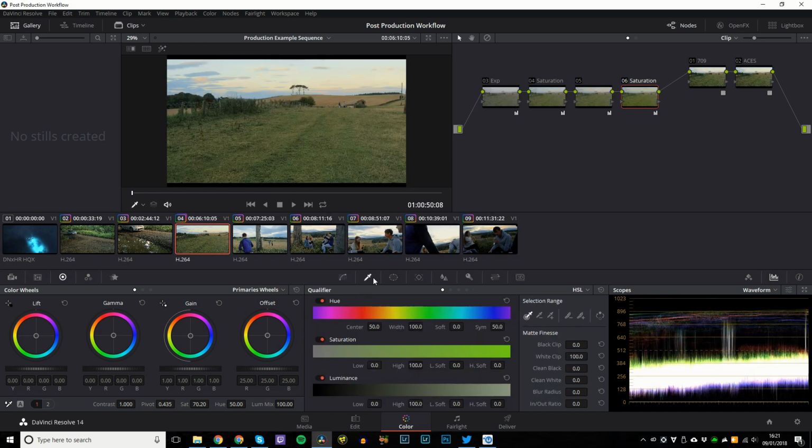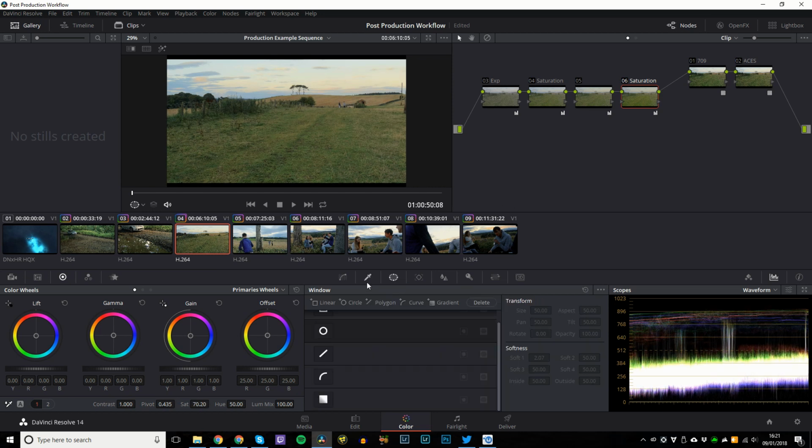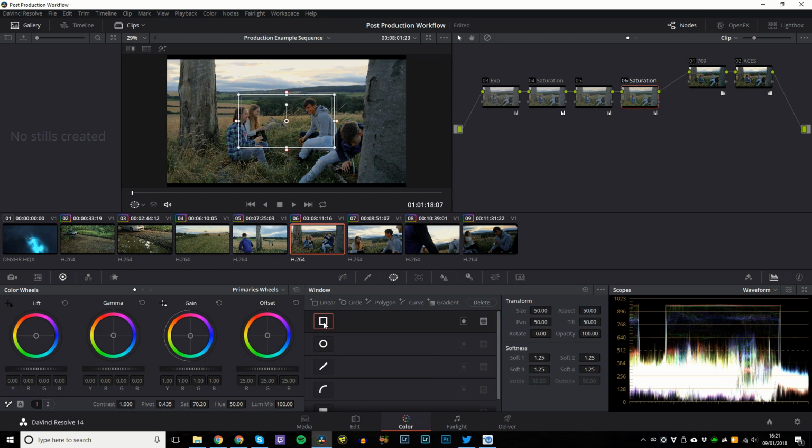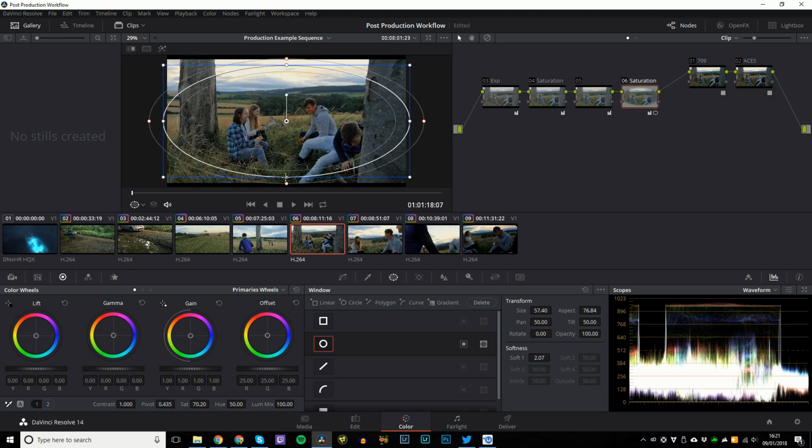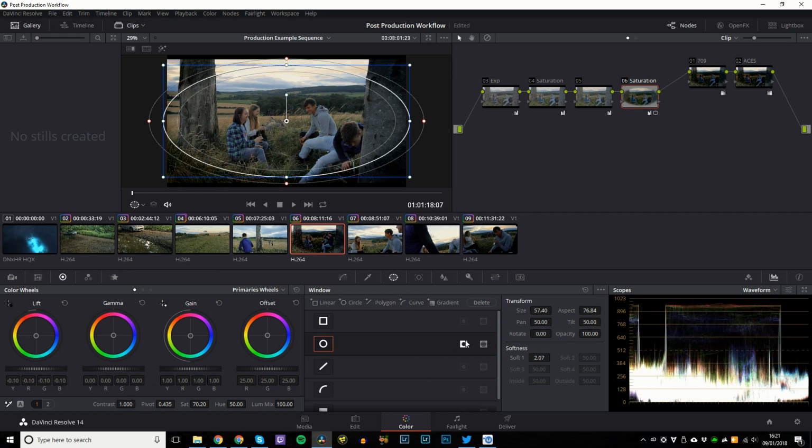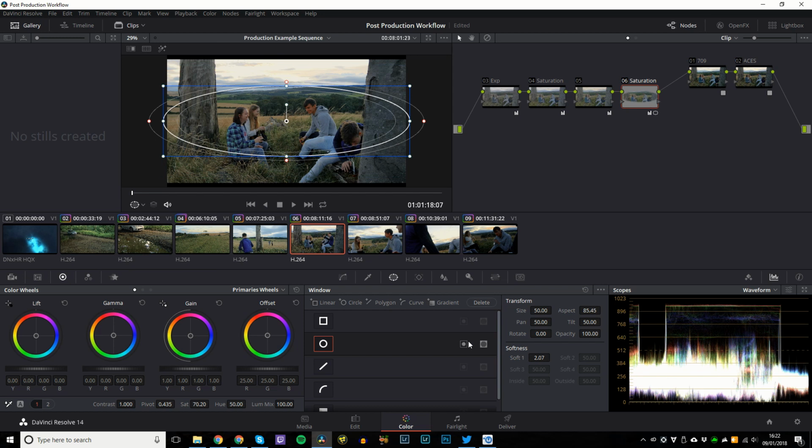In the grade you can do a lot more powerful things, like you can select certain hues, so the saturation is only being applied to a certain area. You can create windows, so you can pop a circle and create a vignette. Invert it as a vignette. What I like to do in my final thing, if it's like a profile shot of someone,